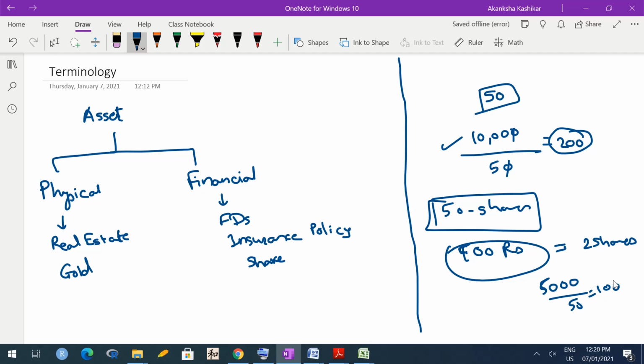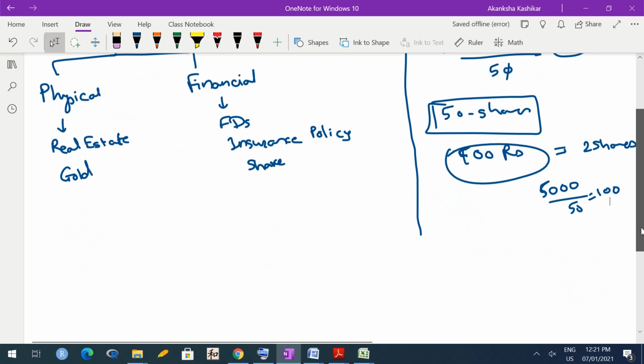Okay. So here I was assuming that each of you contributed equally. Suppose we decide that no, each of you don't want to contribute equally. We decide that okay, say teachers are supposed to be earning, so teachers should contribute more. So we say that okay, these 50 students suppose contribute only 100 rupees at the beginning.